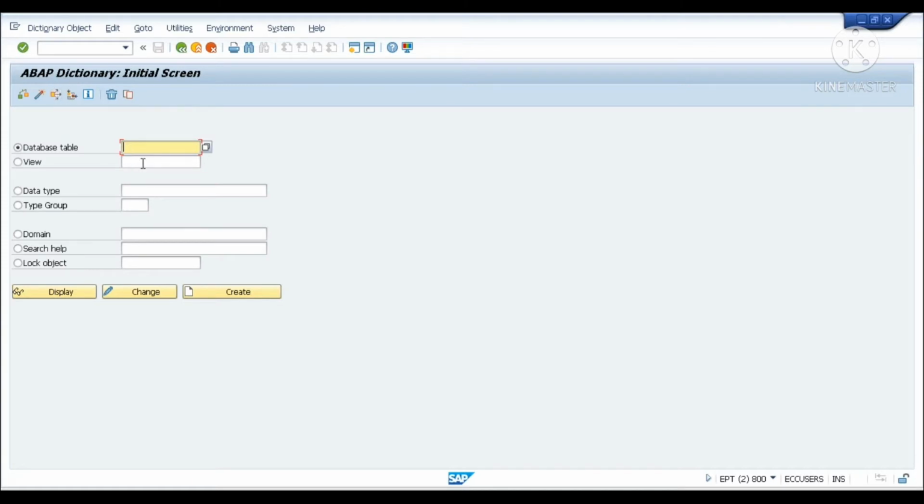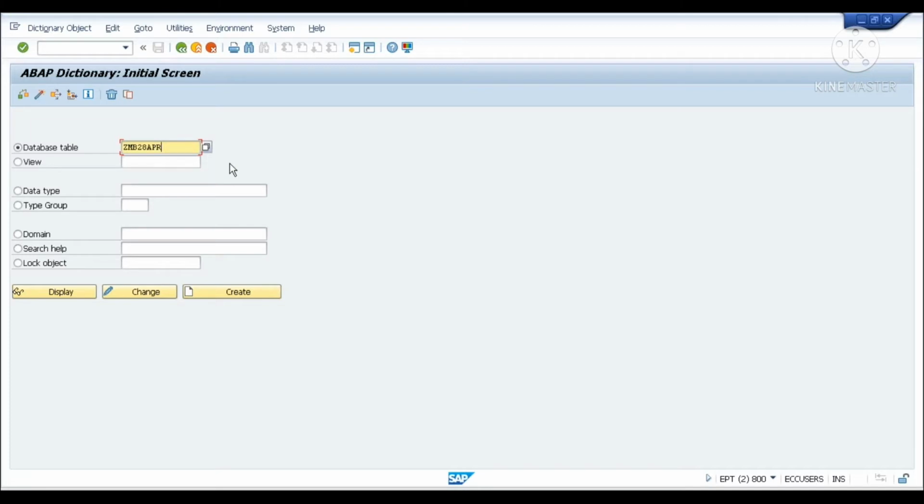Now come over here, we will create one small table, and tomorrow we'll try to explore the table from a different angle. Let's create one table. ZMB28, morning batch 28th April.